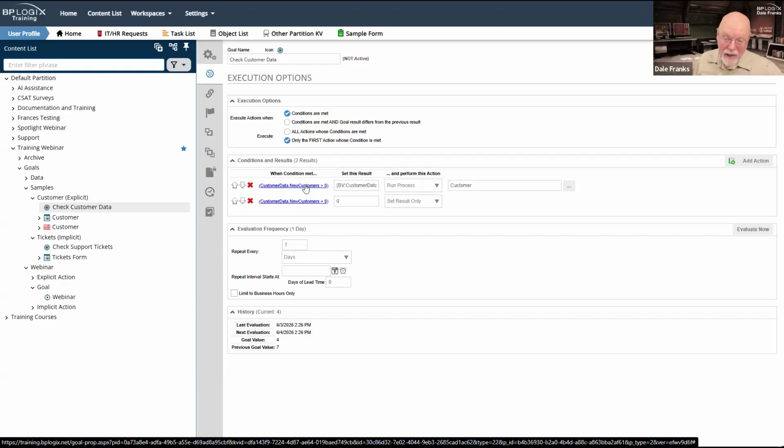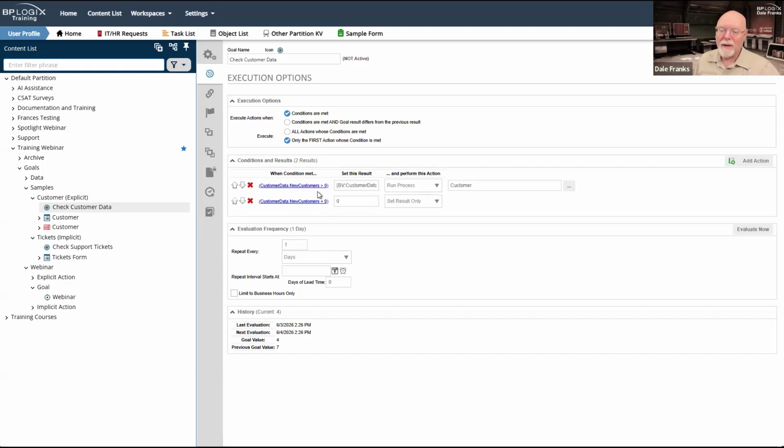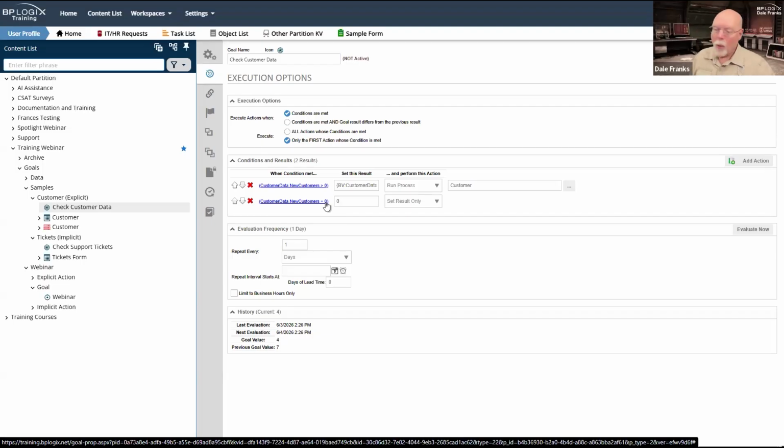In this case, that is exactly what I want to do because I have two conditions. New customers is greater than 0 or new customers equals 0. One of these two things will always be true. These are two mutually exclusive conditions. I know that there is no way that neither of these conditions can be true.